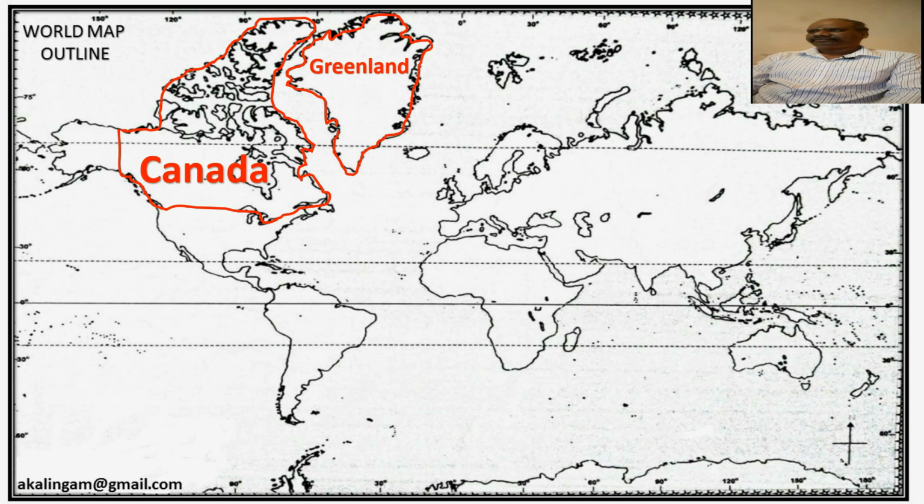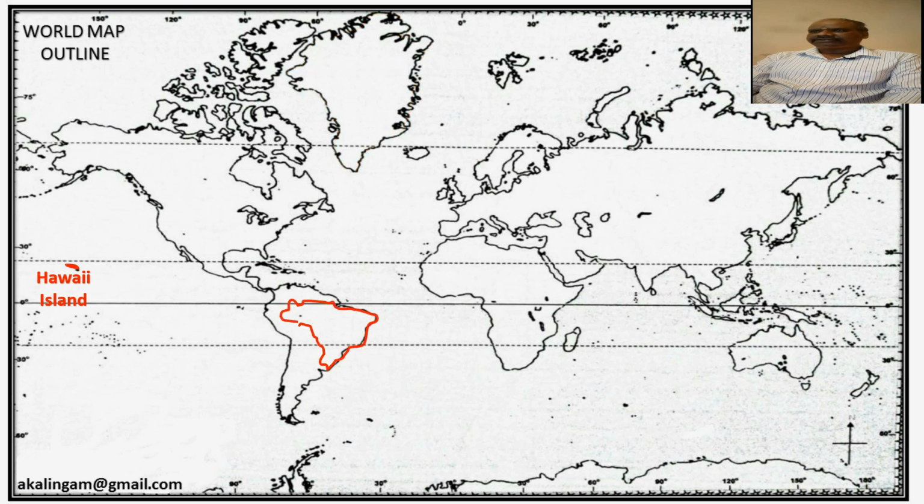Greenland is the world's largest island, located between the Arctic and Atlantic Ocean. Hawaii Islands have the most active volcanoes in the world. Brazil is the largest country in both South America and Latin America.